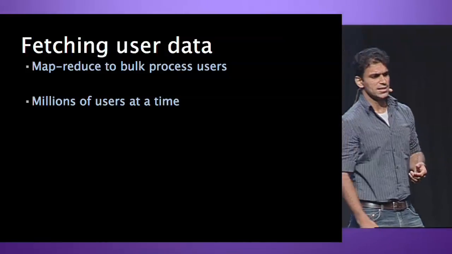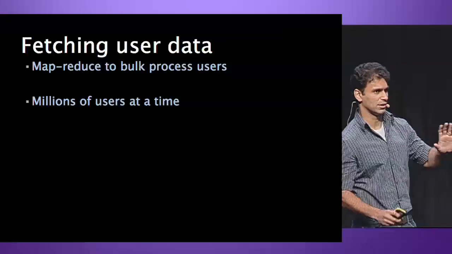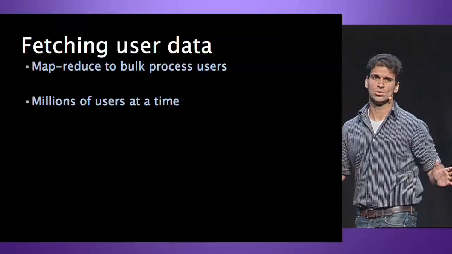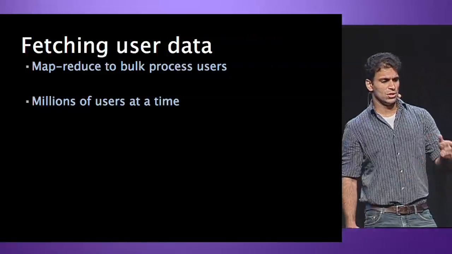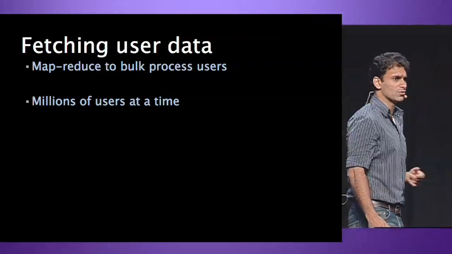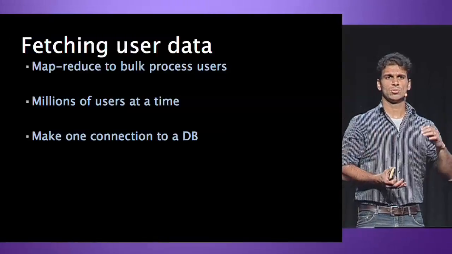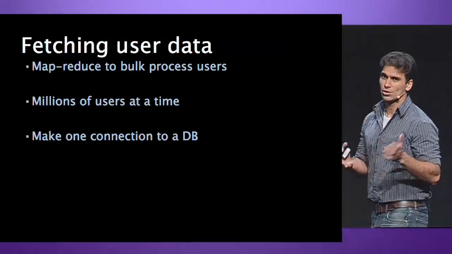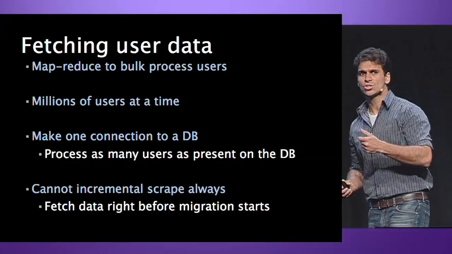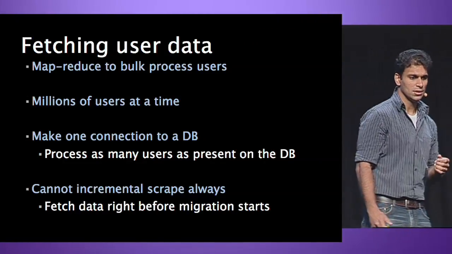So the way we did this was, in order to fetch data for any user, we would always process in bulk, right? So when we're migrating, we don't care how long it takes for a single user, as long as we can do a lot of users in a given period of time. So we wrote a lot of MapReduce processes to bulk process users. We do millions of users at a time. And the idea was, from these millions of users, we'd pick users and partition them according to the databases on which their data lived in the partitioner. And in the reducer, we'd go make one connection to those databases and process as many users as we could.